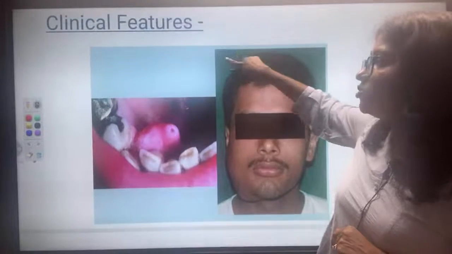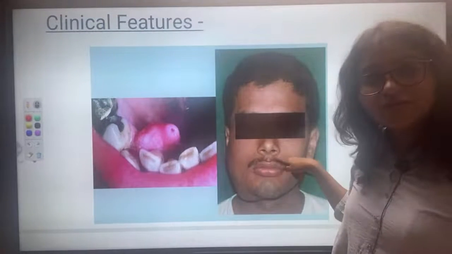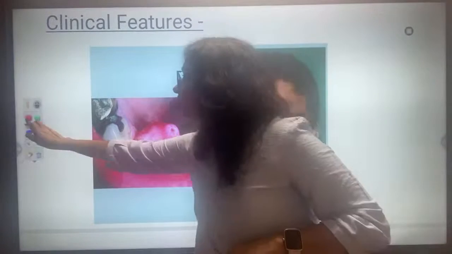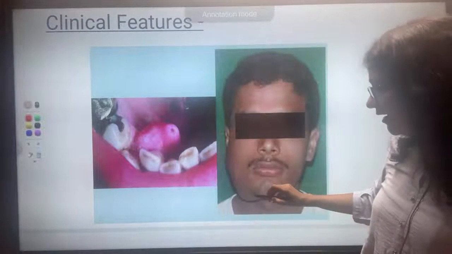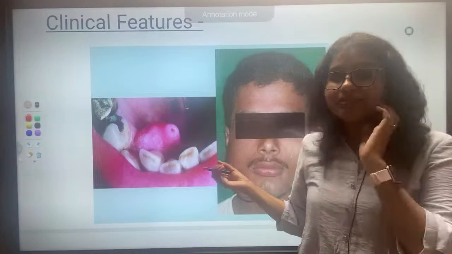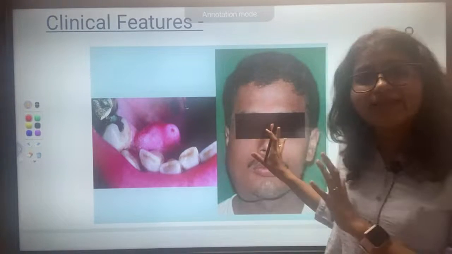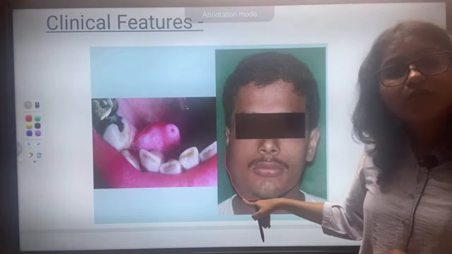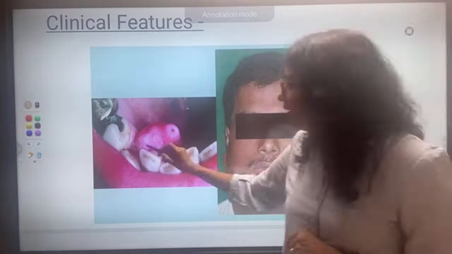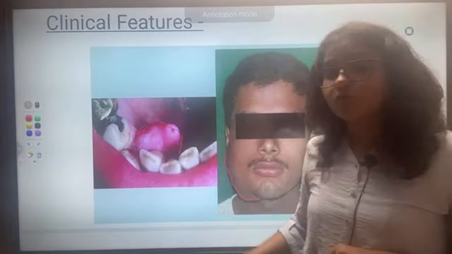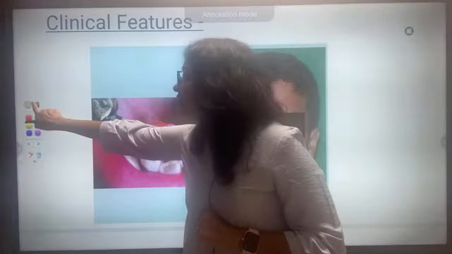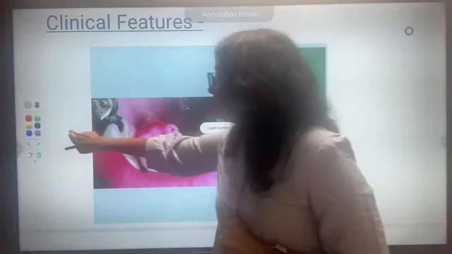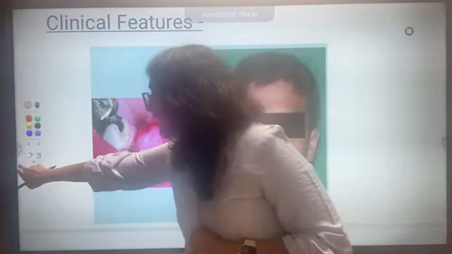Okay. So if we see this patient, fine, we can see this is just a patient with ameloblastoma. It is not that such a swelling is always ameloblastoma, but it was finally diagnosed as ameloblastoma. So there is a facial asymmetry because of the growth at the angle of the mandible, and intraorally also we can see this growth, right? These are the clinical features. Okay, then